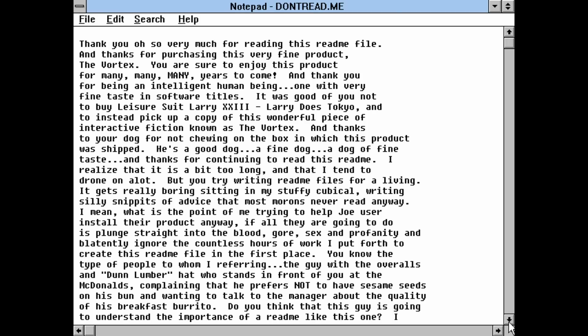Thank you oh so very much for reading this README file, and thanks for purchasing this very fine product, the Vortex. You are sure to enjoy this product for many, many, many years to come, and thank you for being an intelligent human being, one with very fine tastes in software titles. It was good of you not to buy Leisure Suit Larry 23, Larry Does Tokyo, and to instead pick up a copy of this wonderful piece of interactive fiction known as the Vortex. And thanks to your dog for not chewing on the box in which this product was shipped. He is a good dog, a fine dog, a dog of fine taste,